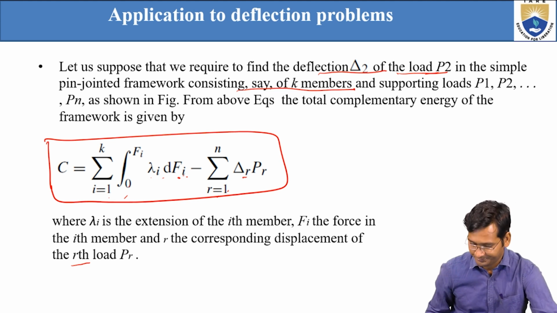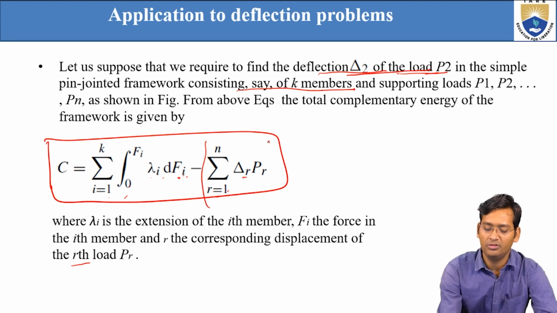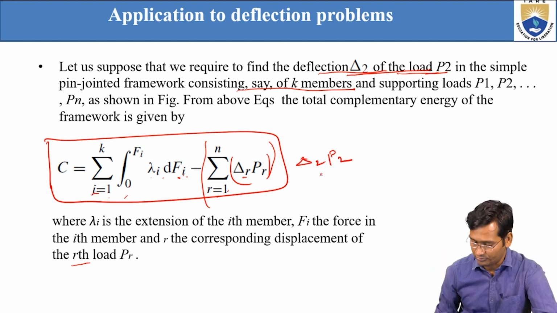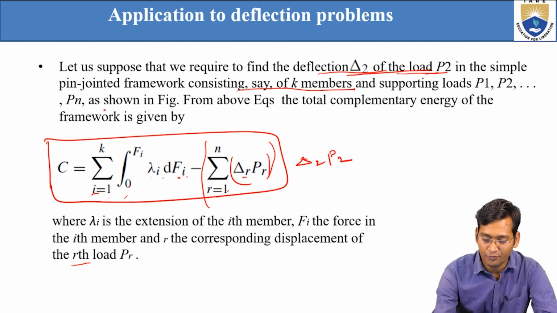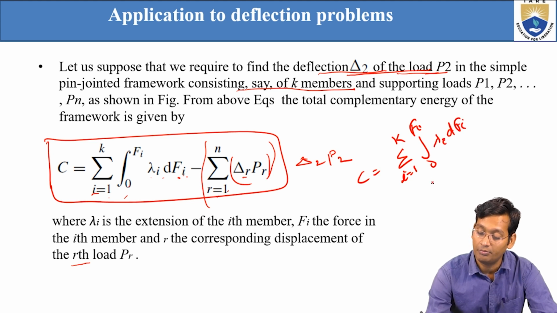So because of P1, delta 1 will be the deflection, because of P2, delta 2 will be the deflection, right? So here according to this question, what we are finding? Delta 2 of P2. So here this we can remove, and this we can write as delta 2 P2. So what we can write before this? C equals sigma i equals 1 to K, integral 0 to Fi, lambda i dFi, minus delta 2